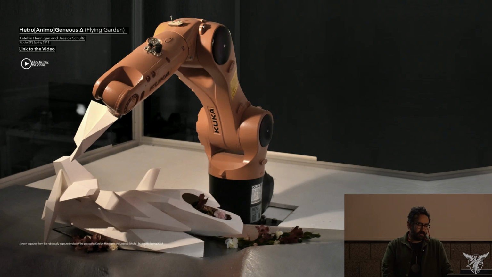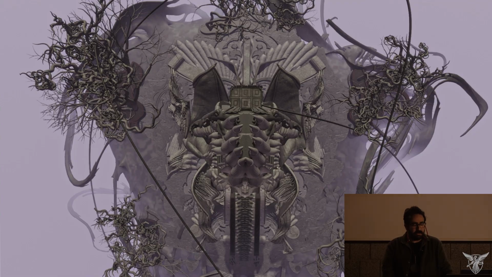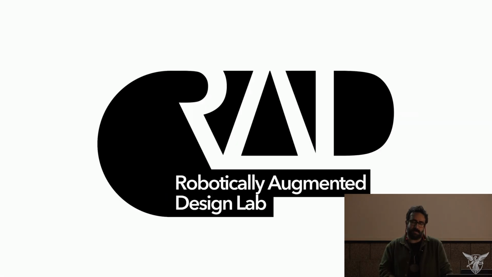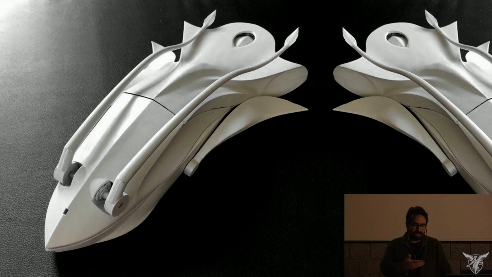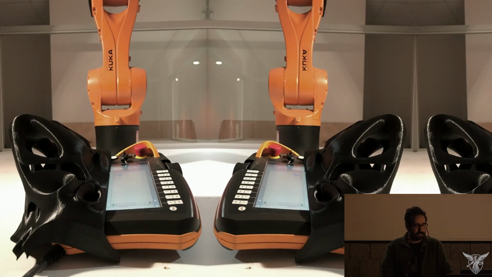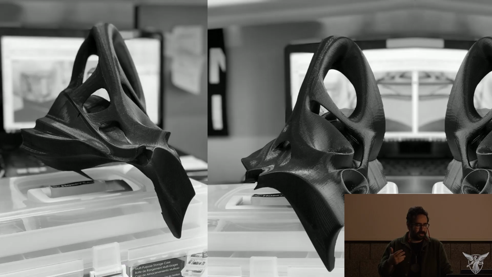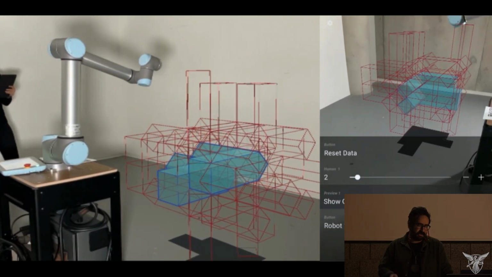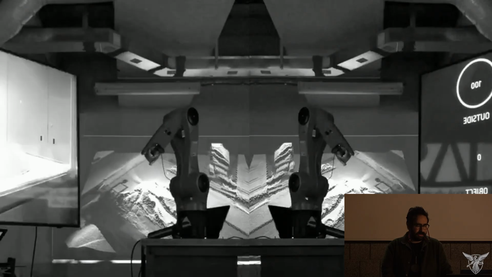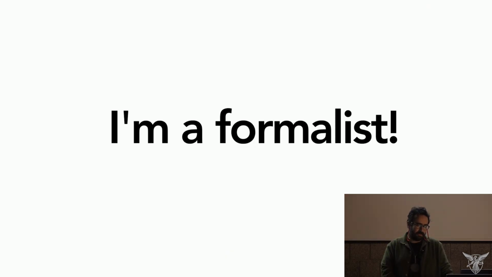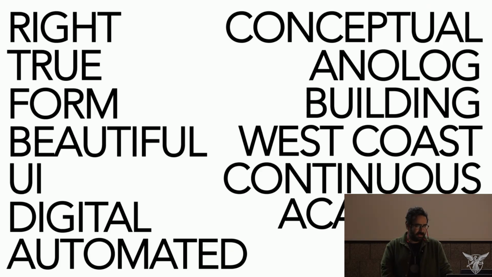whether it's aesthetically driving the conversation, whether it's a formal project in a studio, or all the way to the technical work that we do with robotic projects in Rad Lab. So this, for instance, may not look like a robotic controller or device that controls the robot in real time, but it is actually a robot arm controller that does that. Or this may not look like a patent project that controls the robot in real time, but yet it does that. So again, form seems to be one of the major drivers of my conversation when it comes to developing a project. So it's safe to say I'm a formalist.